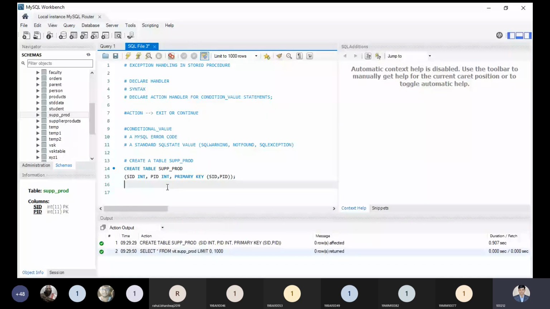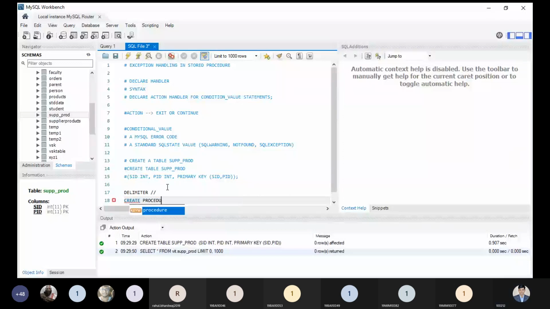From this point, we want to create a procedure to manage the exception. First I'm creating the delimiter, and just let me create a procedure. Create procedure, and that is insert supplier.